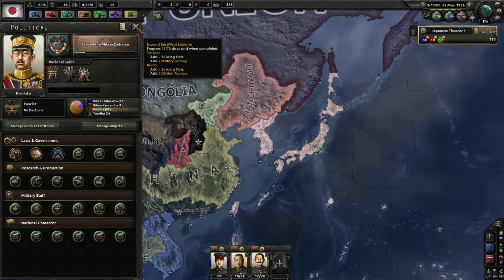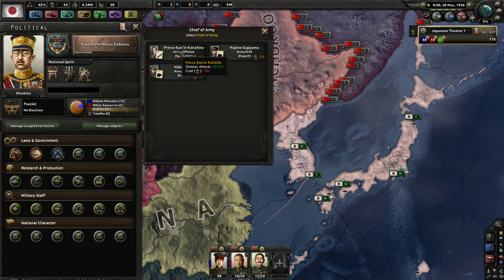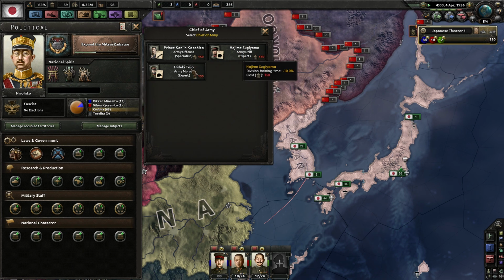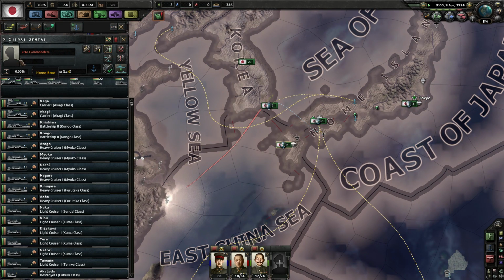Oh, I've got some division recovery there anyways. We do have an infantry expert, which we'll be getting, and we'll also get the army logistics expert. It's only a specialist army offense guy, but we really don't need it. Well, the division training time, that would be -30 if we got him. But right, what we'll do is we'll get them all together,